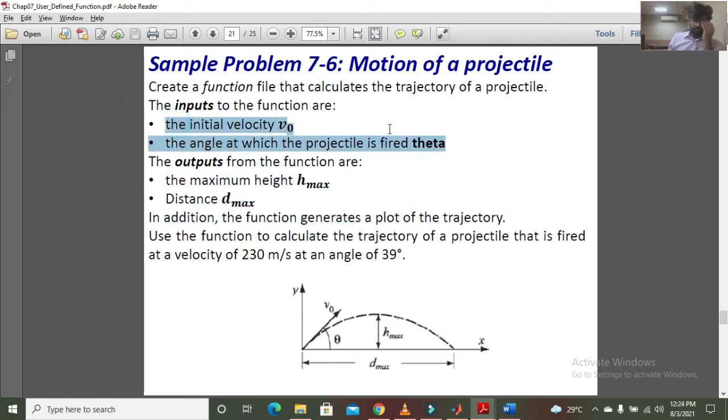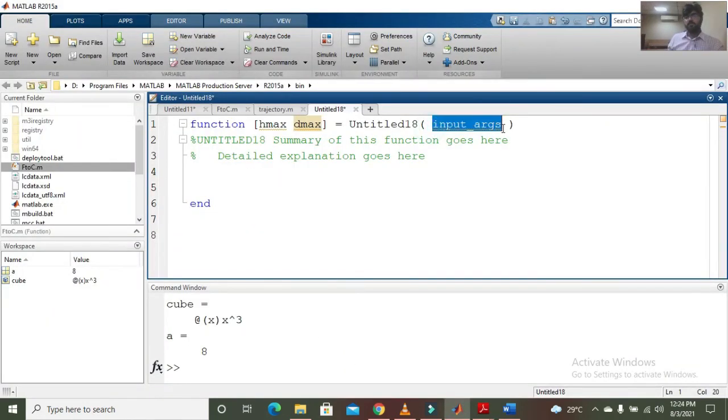And the inputs will be the initial velocity and theta. So this will be my input argument. Now I will have to define the name. Let's just call it trajectory.